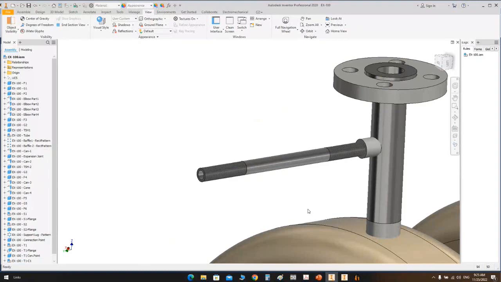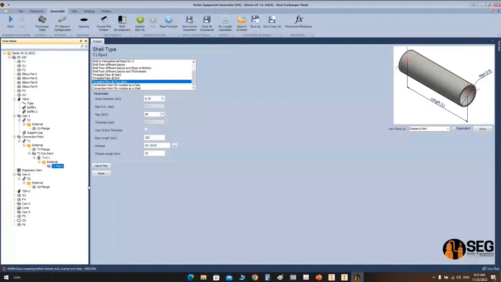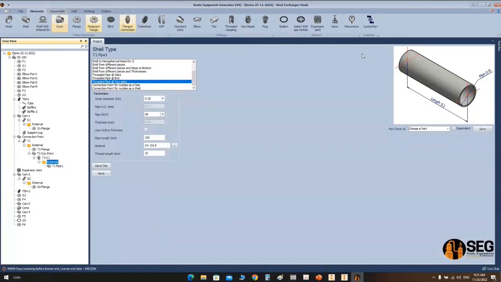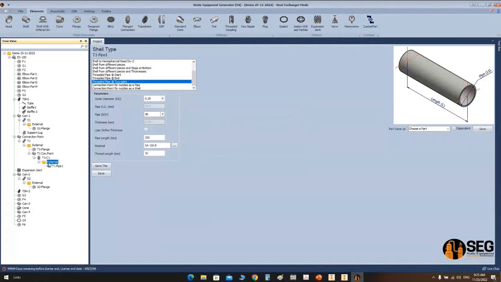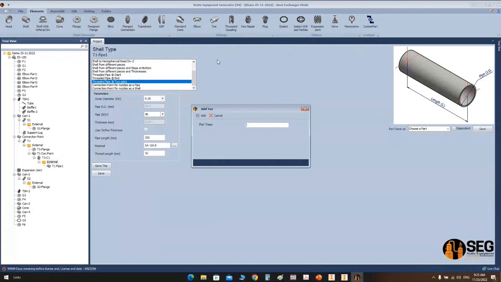If you have a device you would like to add for pressure measuring or something like that, and this device is not included in this catalog, you can add it. By the way, you can add a manometer here, for example, to measure something. Anyway, you can build your tree. If you would like to add a threaded coupling, for example, but the sizes, I think it will not include